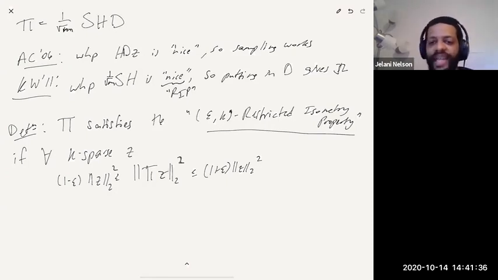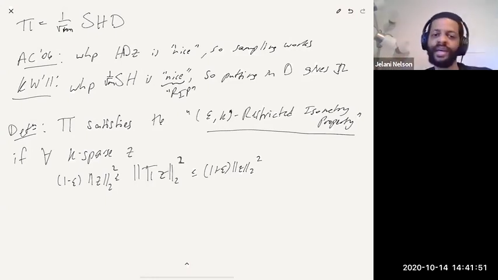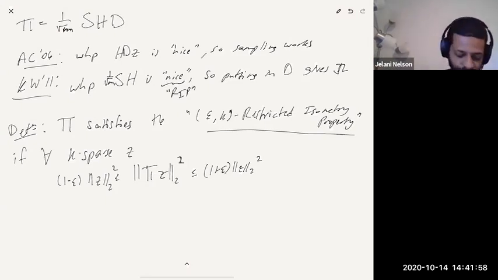For the identity matrix, yes, the identity matrix has the RIP where k can be as big as you want and epsilon can be 0, because it preserves the norm of every vector, not just sparse vectors. But it turns out that you can come up with other non-trivial matrices that also have the RIP that have the number of rows that depends only on k. And kind of a theorem,